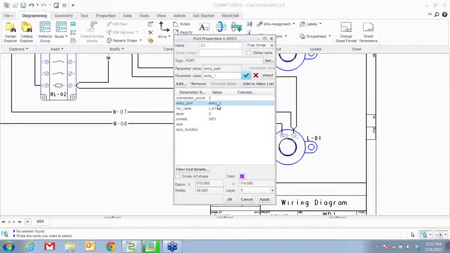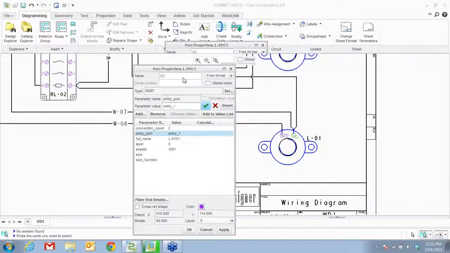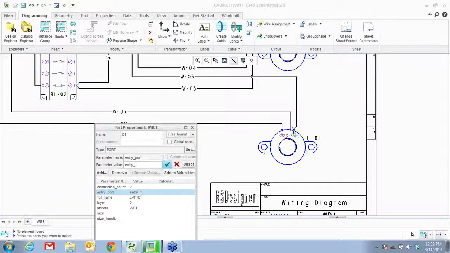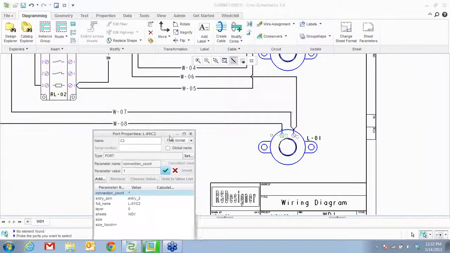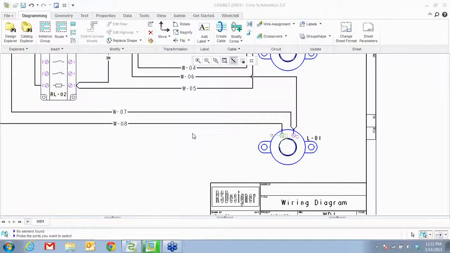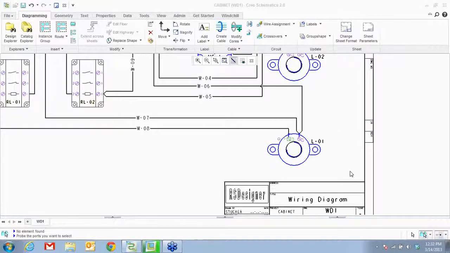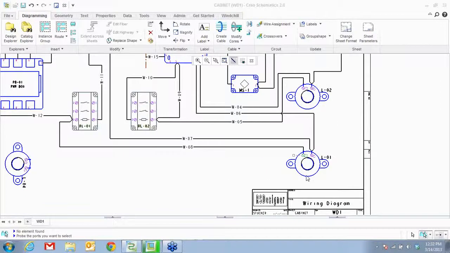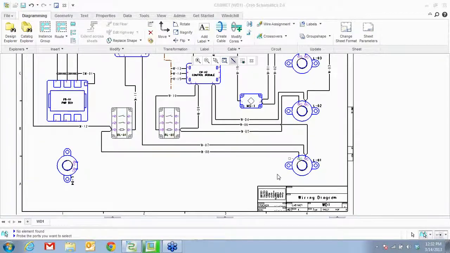You see it says entry 1. So these wires, wire 7 and wire 6, will go to the entry 1 coordinate system, and wire number 8 will go to the entry 2 coordinate system.